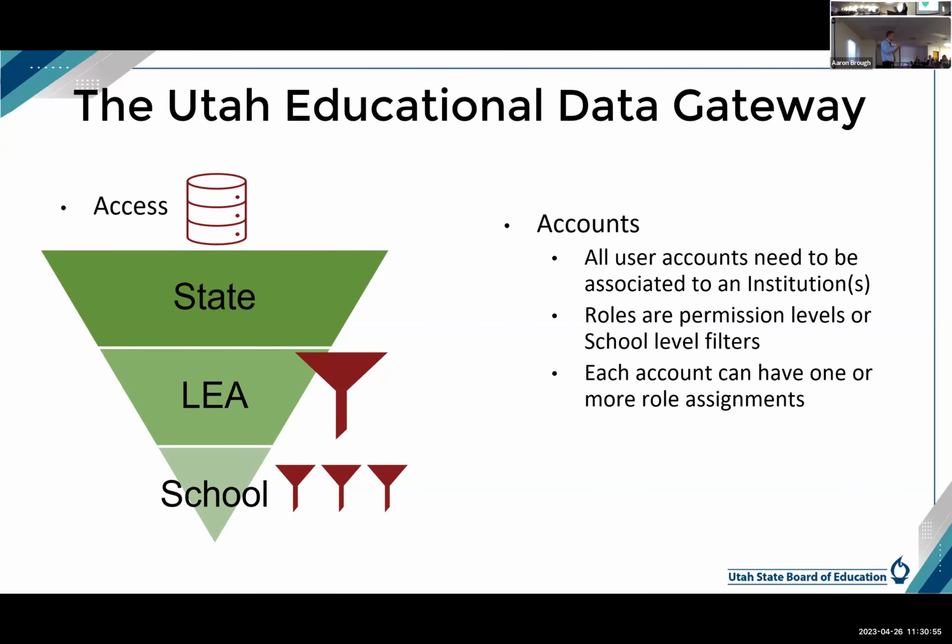I just want to talk a little bit, and this is just a refresher, to help you understand again how the current data gateway is set up and administered. Basically, the state level has access to everything inside there, and it filters down to the LEA and down to the school. This is for common utilization. All user accounts need to be associated with an institution. If a person's account expires,